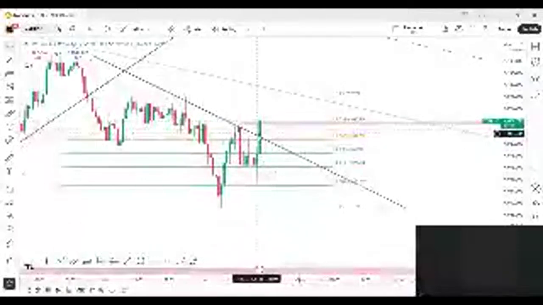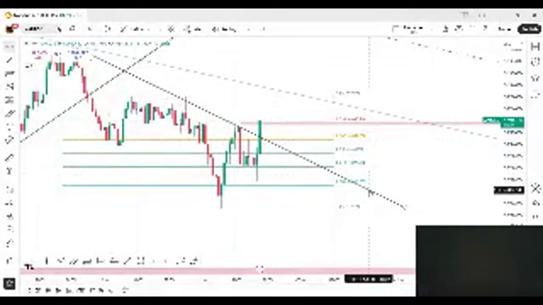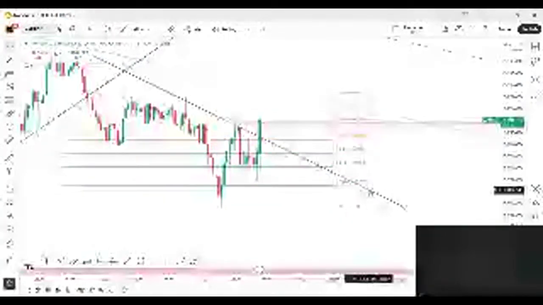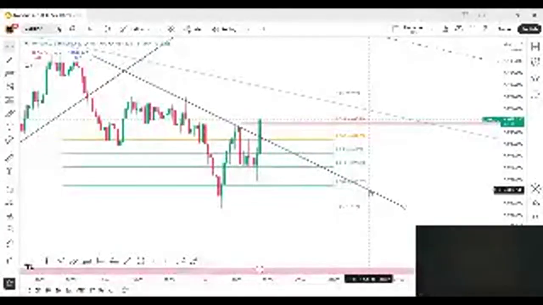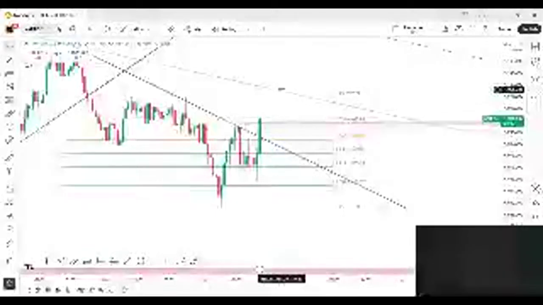This has also given us a little bit of confirmation and room that the market is still looking for the buy trade. So we will just wait here and see if there are some confirmations. If the market stays above this zone area, then we will be looking for the buys again, and otherwise we will wait for it.